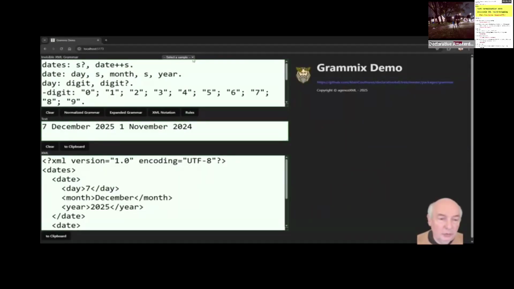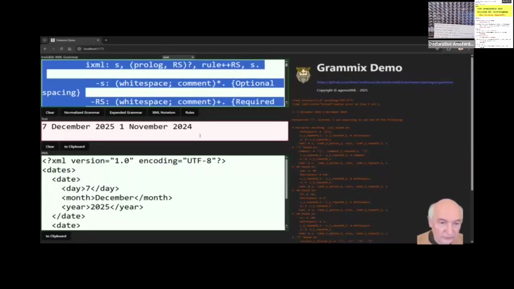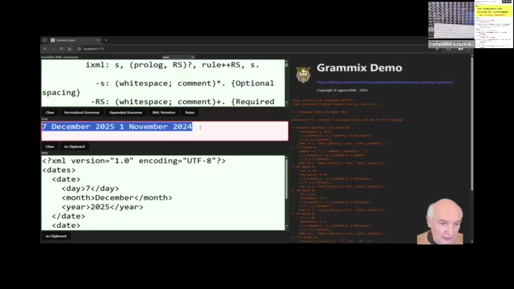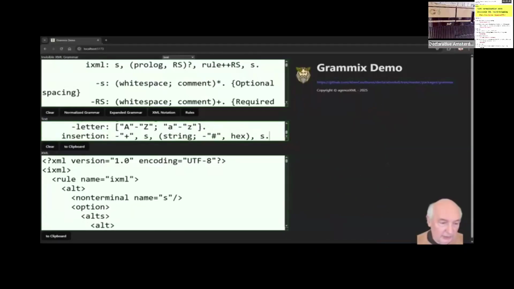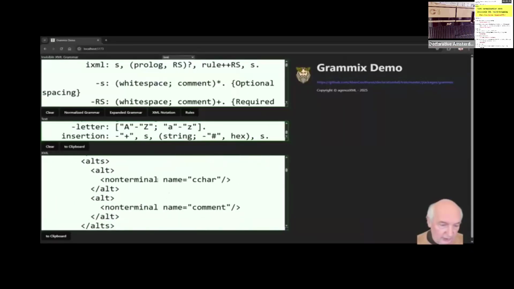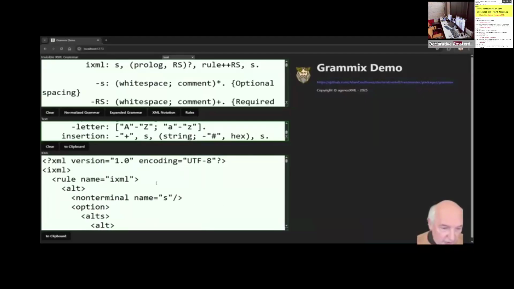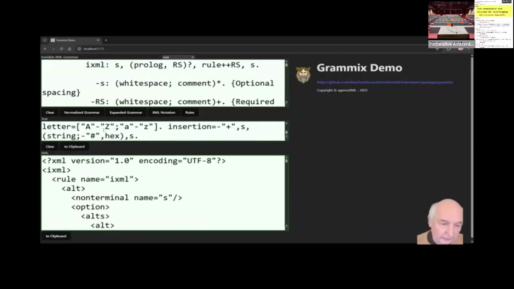Let's have a look at what happens to the XML grammar. As you know, it is itself expressed in XML format. So you have the XML document for the XML grammar. If we just, not really modify it, but just add a space between elements, we'll see that the input text has been modified